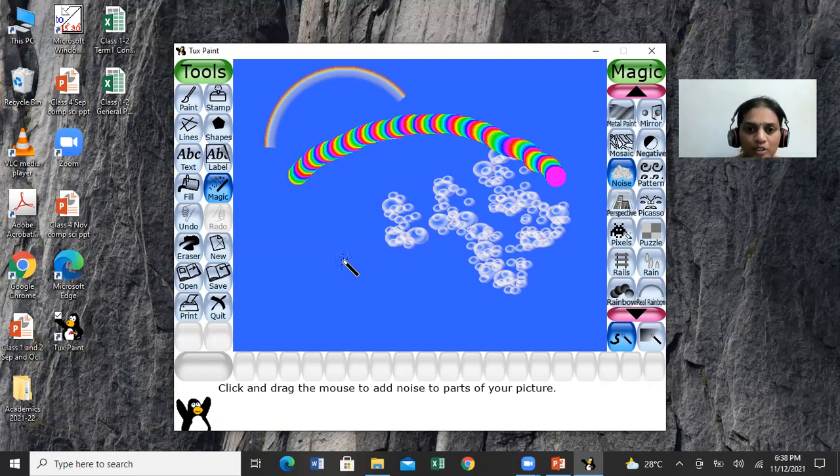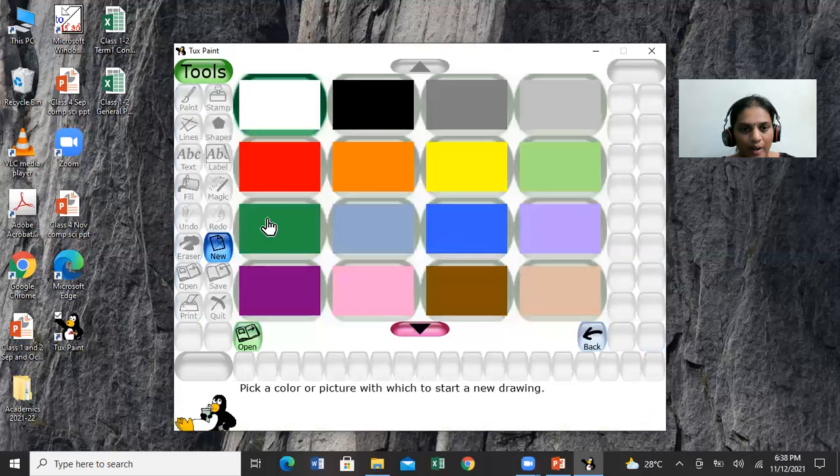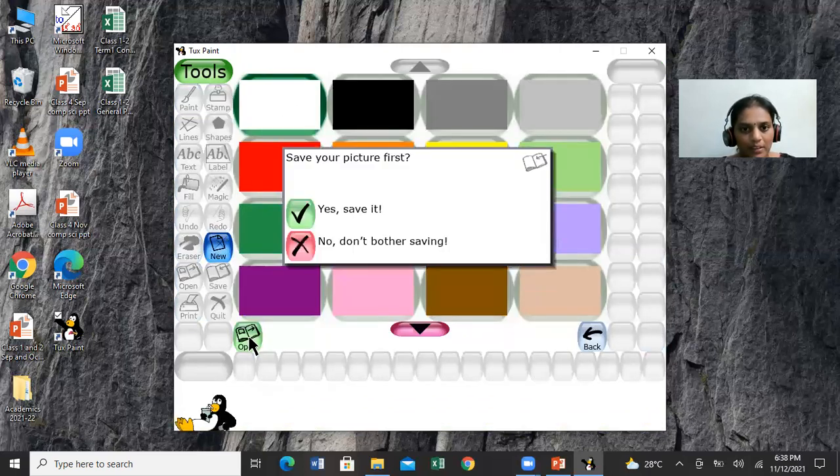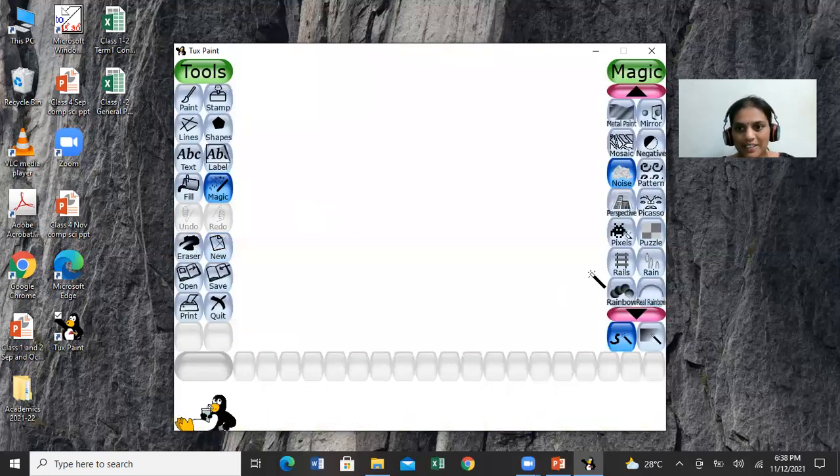Now what you have to do is just click. For example, I'll show you on the white screen, so that you can see clearly how the effect looks. Just go to the white screen. New, open, yes, saved. Now you can see the noise effect.